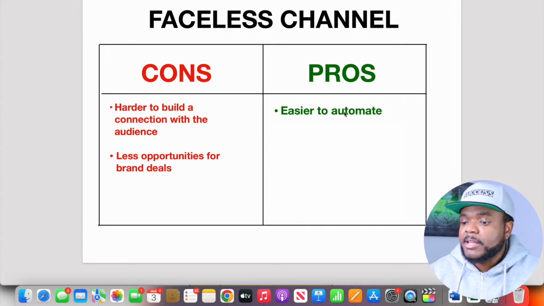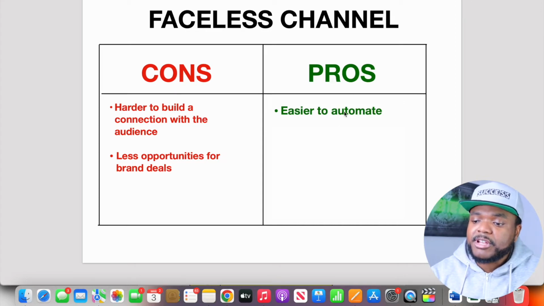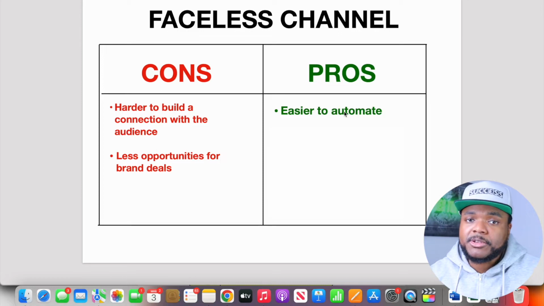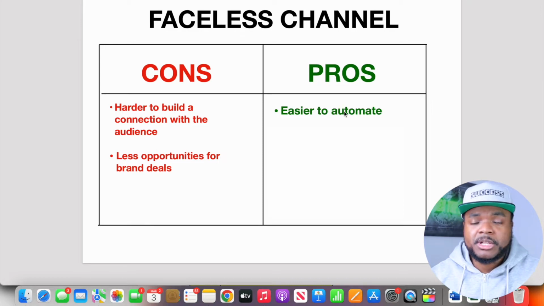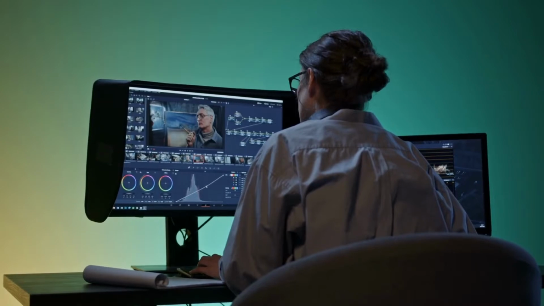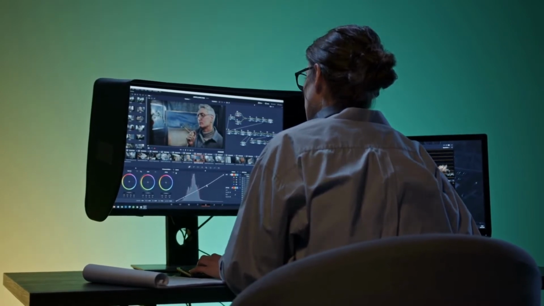So moving on to one of the first pros that I'm going to discuss, which is that it's easier for you to automate various different elements that go into creating a faceless channel, which means that you're going to be able to have multiple different channels running at the same time if you wanted to. When it comes to creating a channel where you're showing your face on camera, you're not really going to be able to outsource that part of it, which means that a lot of your time is going to be taken up when it comes to making videos. However, when it comes to creating a faceless channel, you're going to be able to give this responsibility to someone else, which means that your time is going to be freed up to do other things.